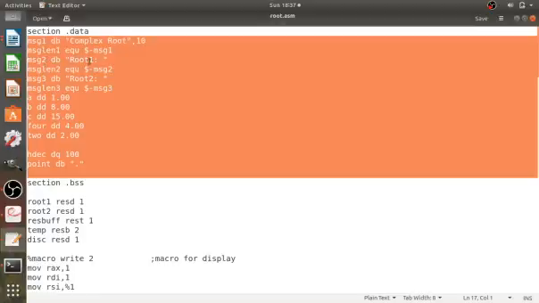The second message is root 1, and its length is message length 2. Then the third variable, message 3, has the value root 2. The string which we are writing in double quotes is the value of that variable, and its length is calculated and stored in message length 3, msg len3.